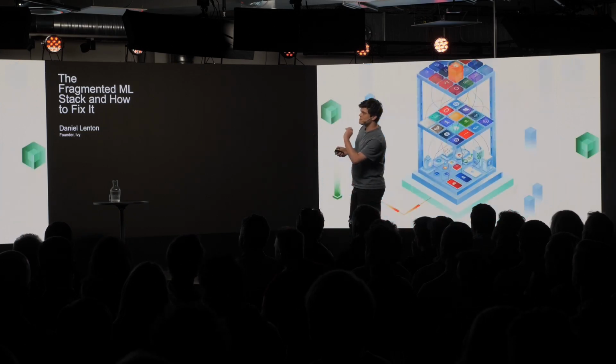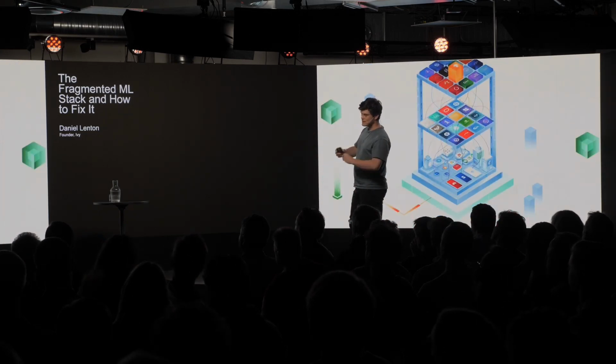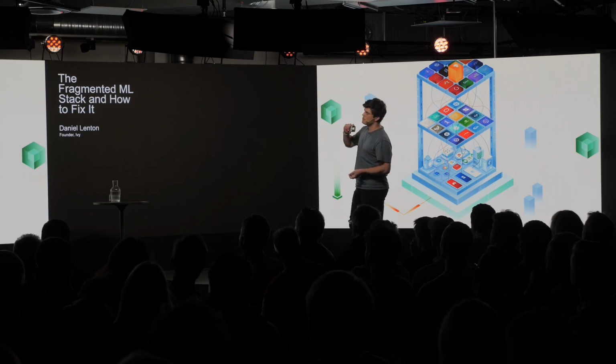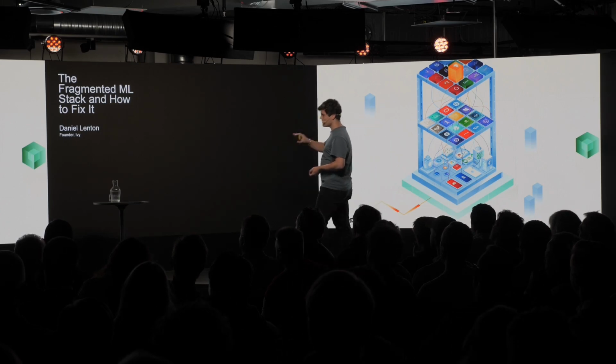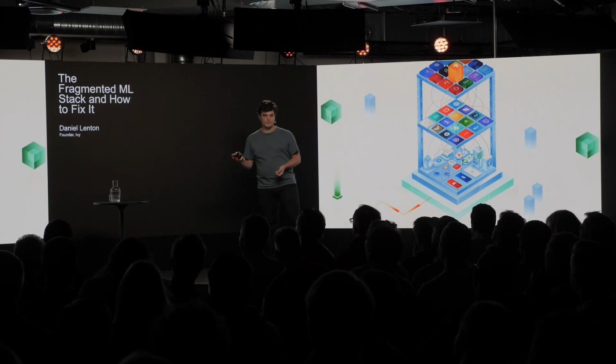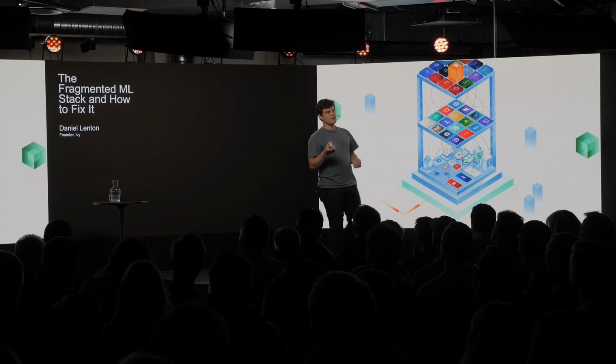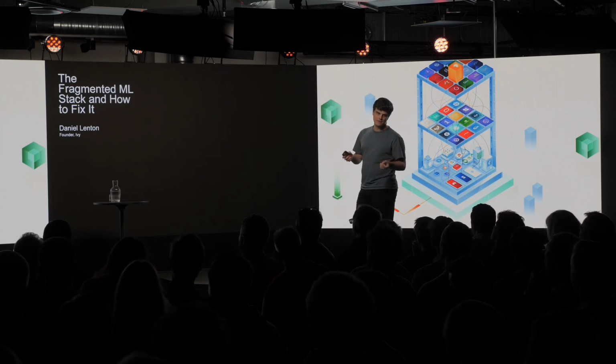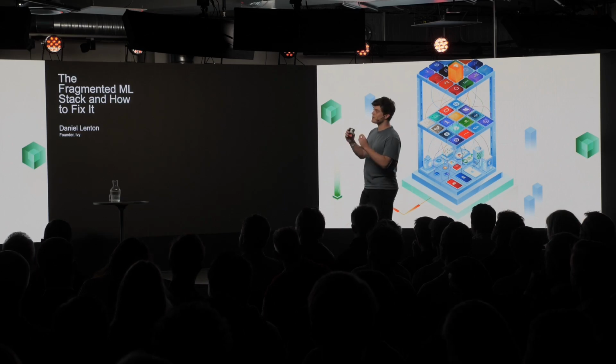Now, if we zoom out a little bit, we can see that the entire machine learning stack looks a little bit like a server stack. We have the frameworks on the top, we have the compiler infrastructure in the middle, and we have the hardware on the bottom. Now, what you'll notice about this is that not all of the components are connected. They are sparsely connected so that everything doesn't connect to everything else.